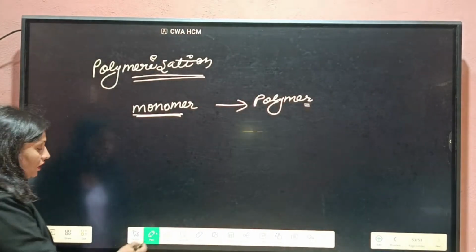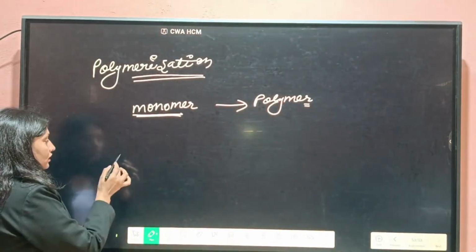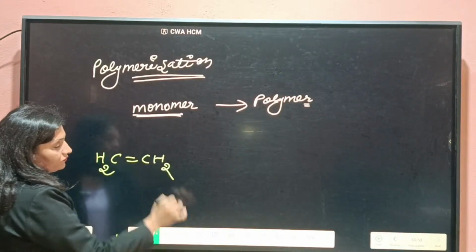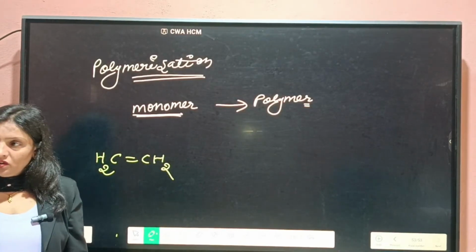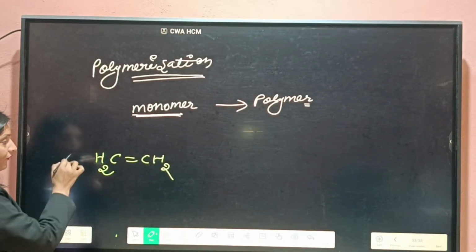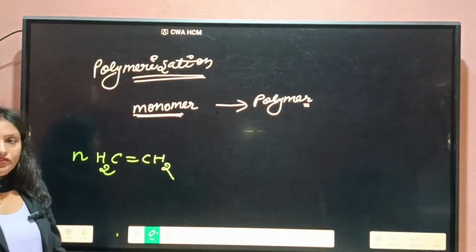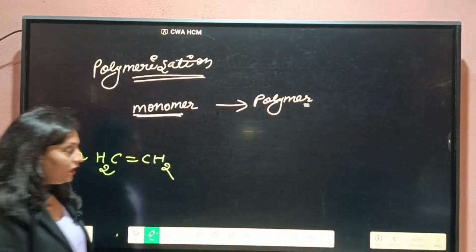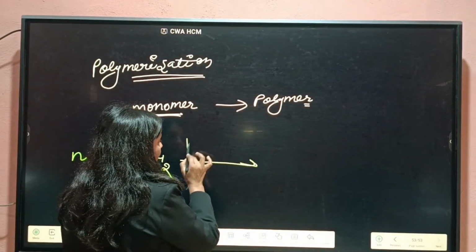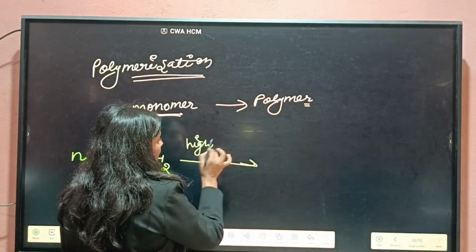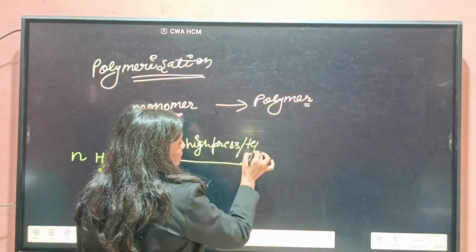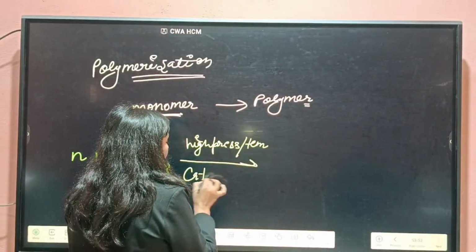For example, if you have ethene, and you add n molecules of this one at high pressure and high temperature, in presence of a catalyst,